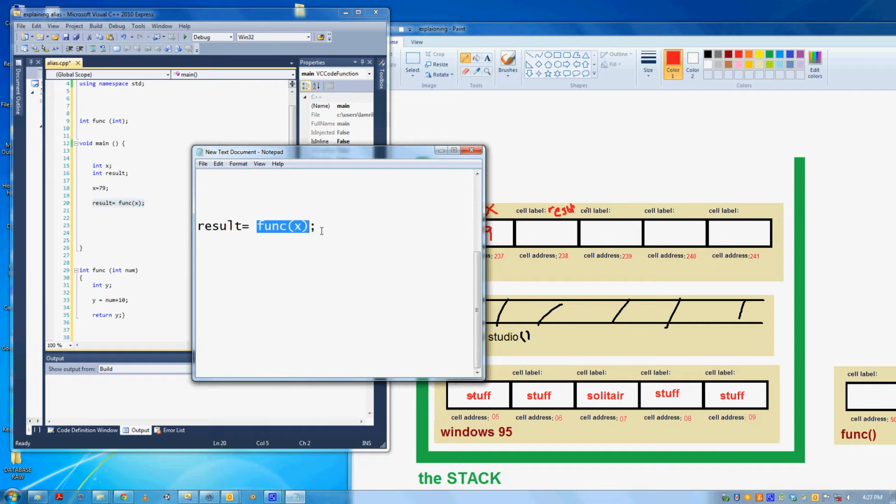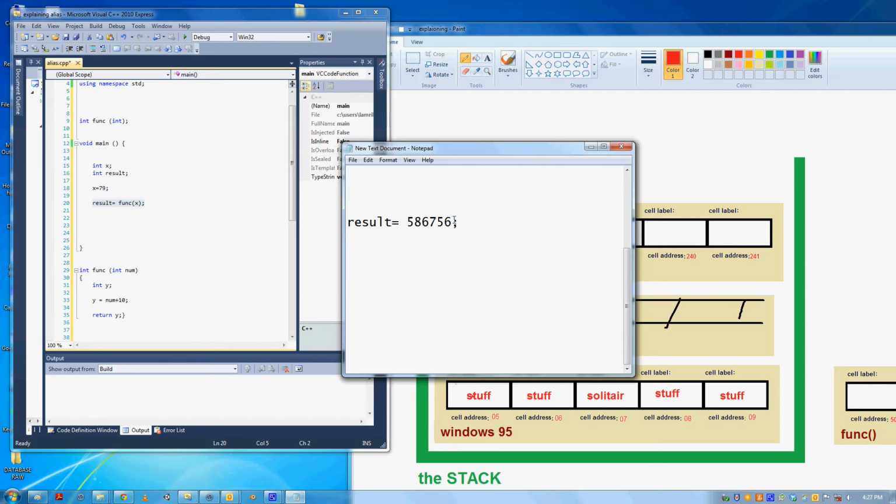When this function returns a value, the compiler literally gets to this point of text, takes everything, deletes it, and replaces it with the value that it found. That is all it is. So in this case,